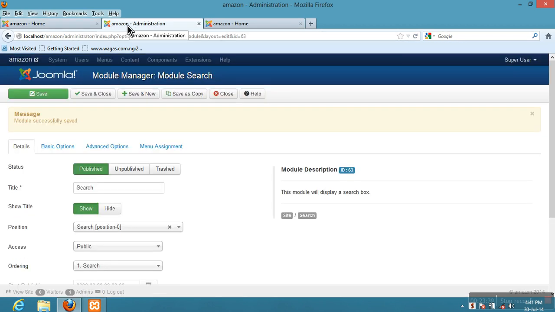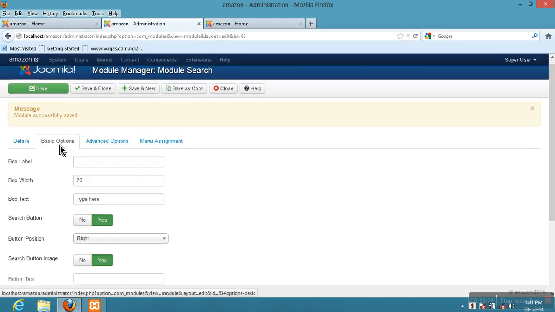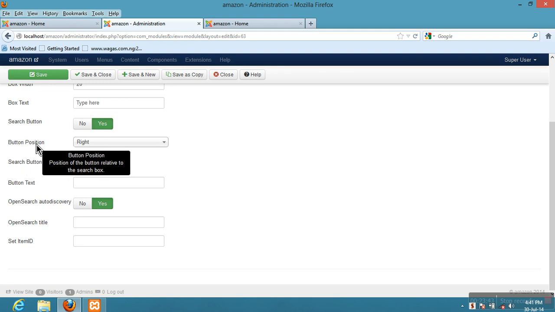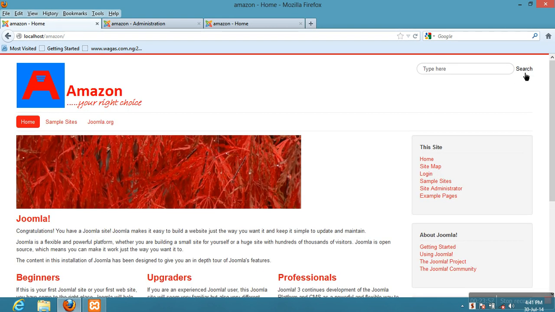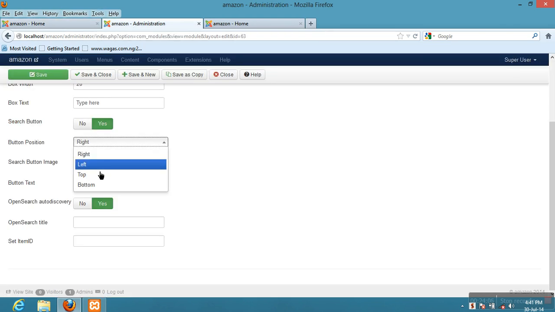So I'll simply go back to my back end, go back to basic options. The button position, where do you want your search button to be? Do you want it to be at the right, the left, the top, or the bottom? If we click here, we have the different options. The one that is active is the right. That is why we have it on the right side in our website. If I change it to left, it will come here. I'll go back to my back end and I'll click on left. Once I click on left and I click on save,